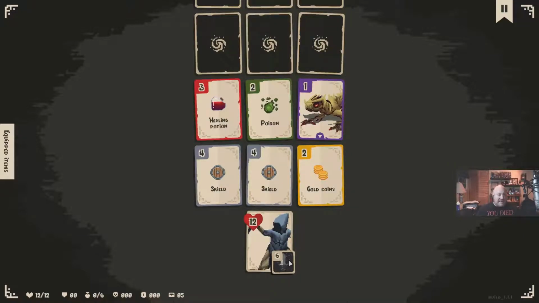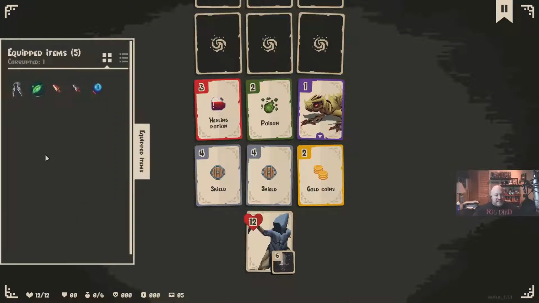The last two things I want to talk about are the user interface. The majority of the user interface is just an open user interface. It's like you're playing solitaire. However, left-hand side, we have the equipped items. We're going to find special items that will help buff us over time. We'll also get rewards for beating bosses, things of that nature. They will go here in your equipped items,